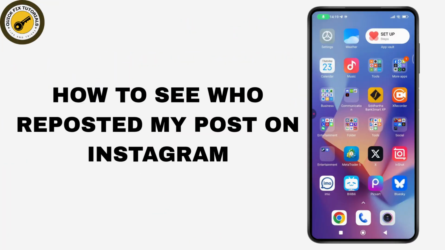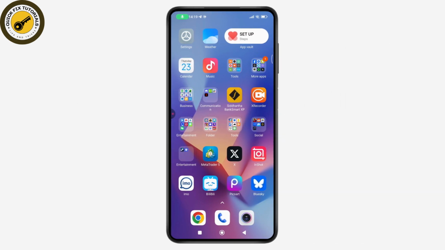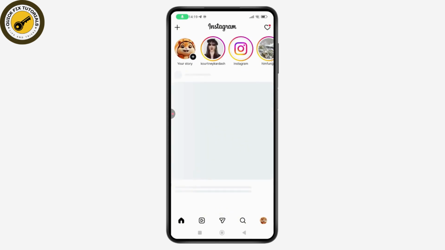How to see who reposted my post on Instagram. So if you want to see who reposted my post on Instagram, then first you need to make sure that you have a stable internet connection. After that, simply open up your Instagram application and make sure that you've logged into your